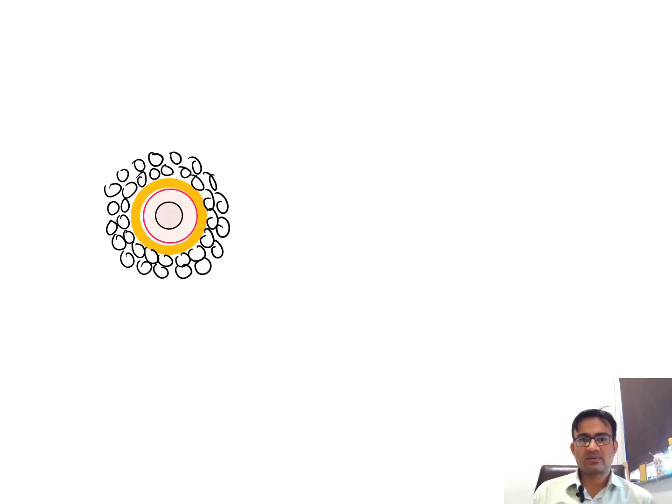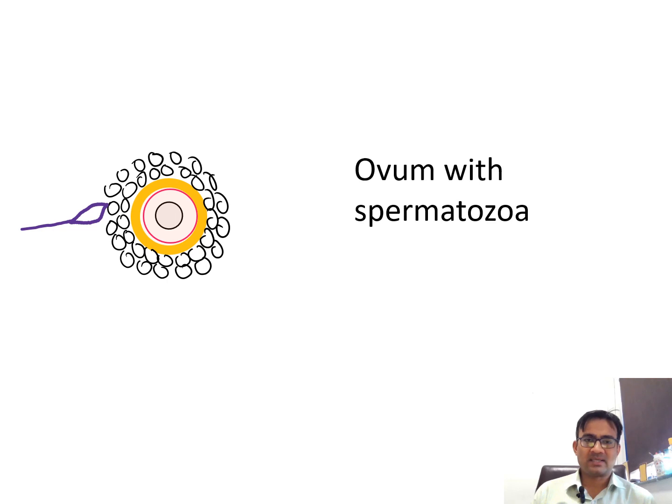Here in the diagram I am trying to show the ovum which has been released. All this part is the zona pellucida, and you can see the ovum. This ovum is surrounded by the granulosa cells, and these granulosa cells are known as the corona radiata. This is the ovum which has been released around ovulation. Now this ovum has to be fertilized. Sperm is going to come, many sperm will come, but here I have shown only one sperm.